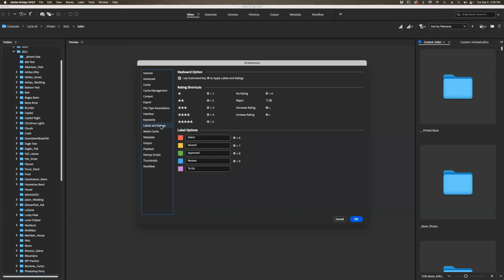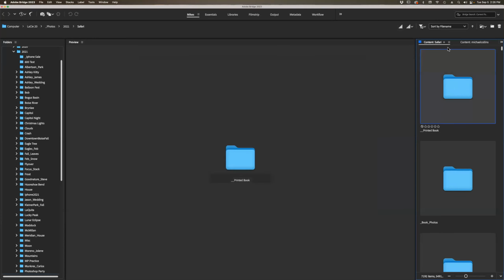Labels and ratings. If you want to go through and rate your images, Command or Control 1 will get you a 1-star, whereas Command or Control 5 will get you 5 stars. And why does that mean anything? Well, what I want to do is I'm going to sort by rating, and it should